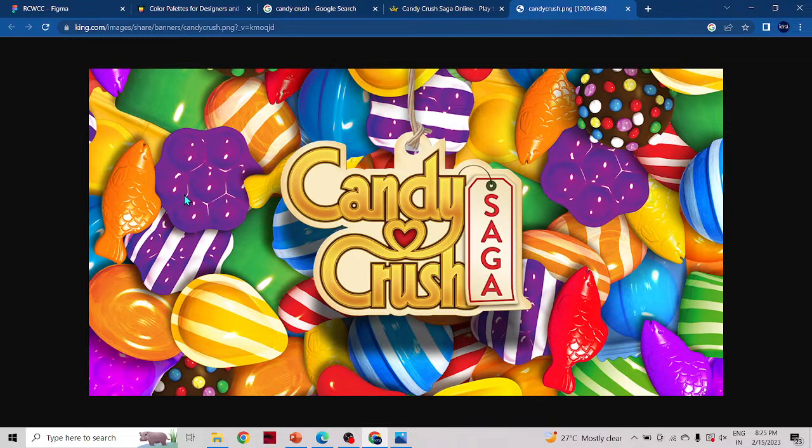So when we see all these types of jellies which are violet in color, from here, do you think that these objects are 2D objects? We are not able to say that this is 2D because of the perspective and the depth that the designer has given for the shapes, right? So in that aspect, as a designer,